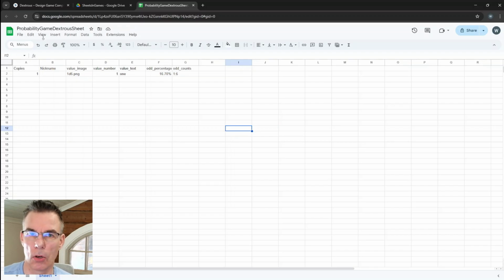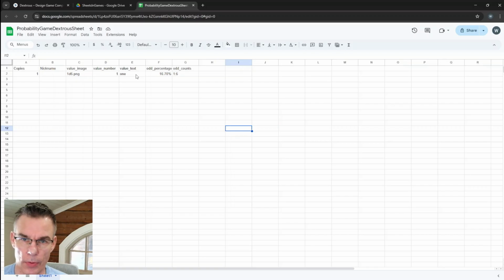It's the same thing that we had in Dextros, and now I can use all the Google Sheets formulas and magic that it has, so that I can create lots of cards easily.